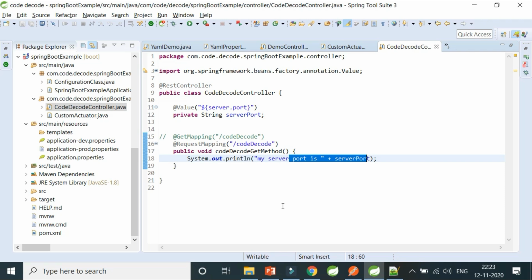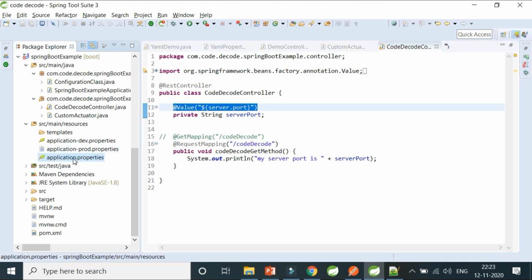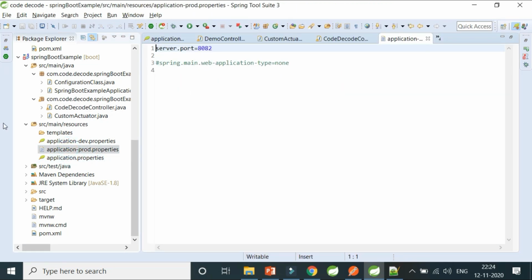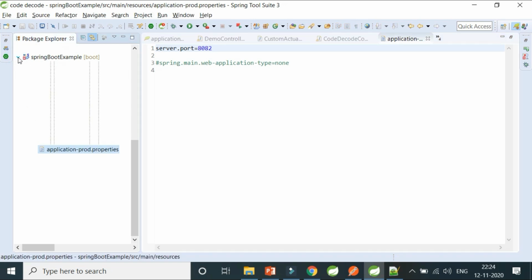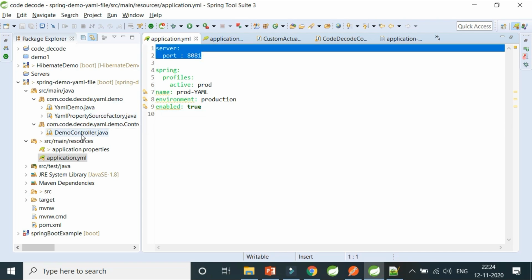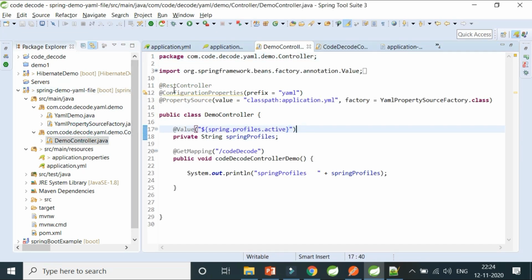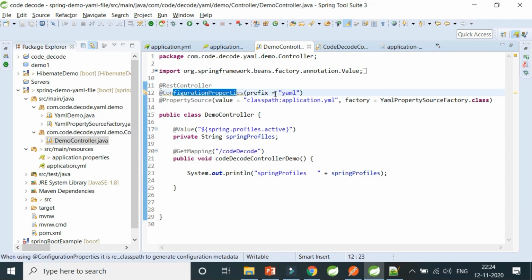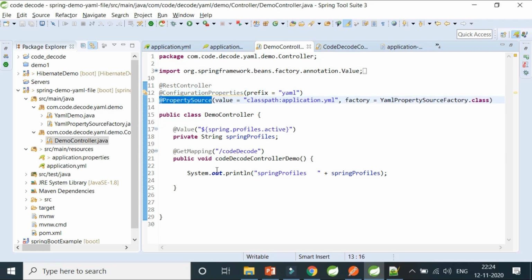I've shown you in the previous part 1 video how to actually use a property from a properties file. That was a properties file I had. Right now the thing is different. I don't have a property file, I have a YAML file. Now if I want to use anything from a YAML file, I first have to use configuration properties. @PropertySource is an annotation given by Spring, which by default uses your application properties as input.